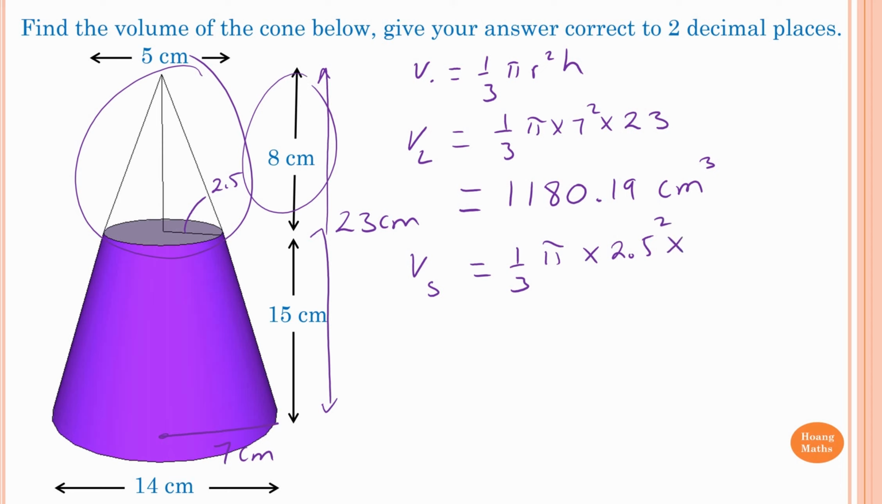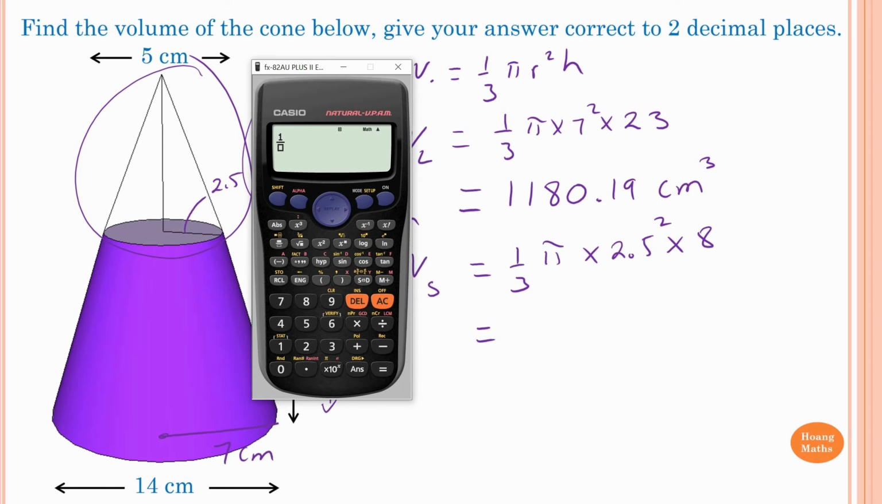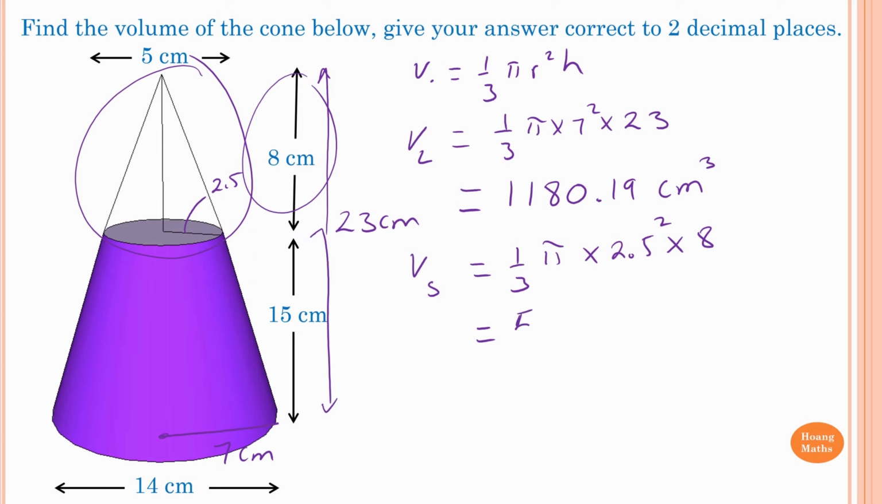And times the perpendicular height, which is 8. So I put that in the calculator. 1 over 3 times pi times 2.5 squared times 8. So which is 52.36 cubic centimeters. So therefore, the volume is equal to